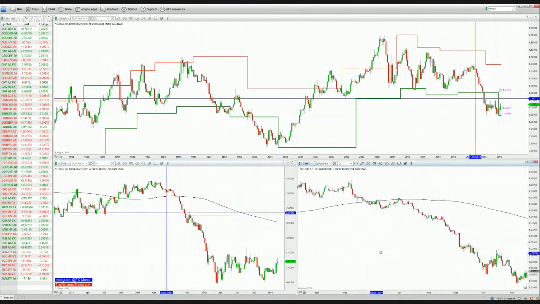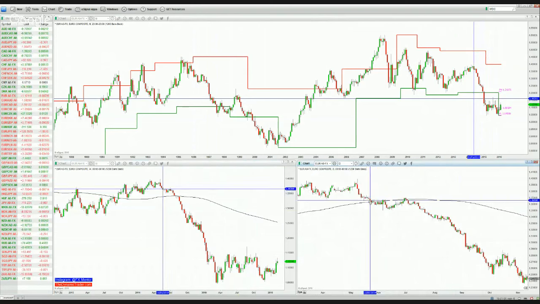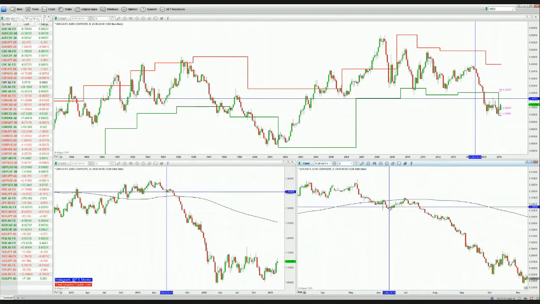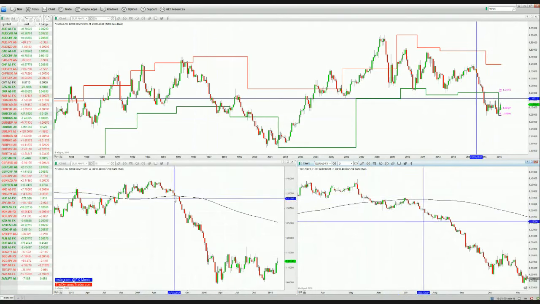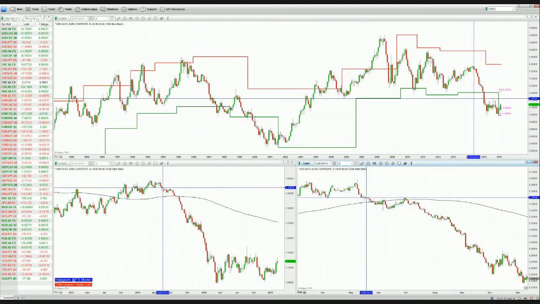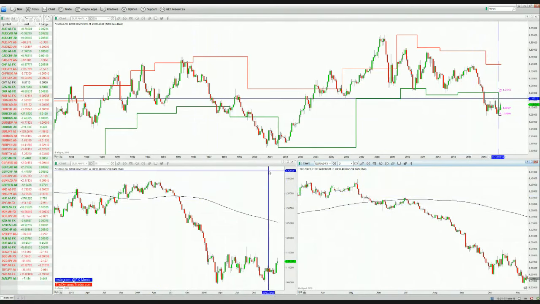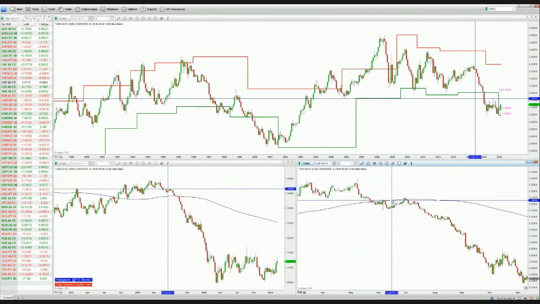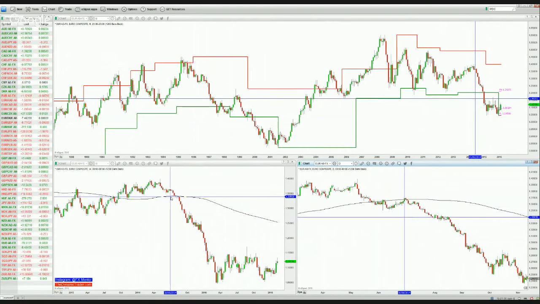If I just take back price action, if we look right here, this is where price broke the 200 moving average on the daily time frame. But if you look at it on the weekly chart, you can see where my crosshairs are, the 200 moving average is around this level here. So when price broke the 200 moving average on the daily, it bounced to the upside. That is because it was between a level of resistance and a level of support. The resistance was the 200 moving average on the daily,